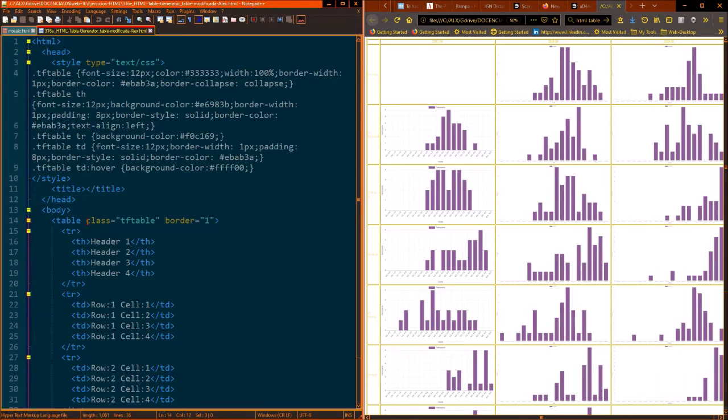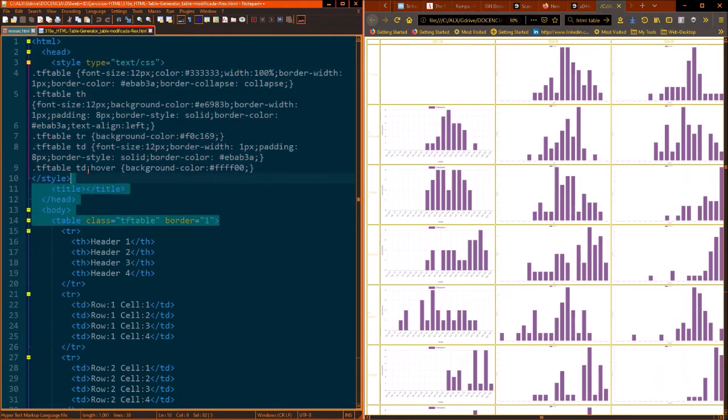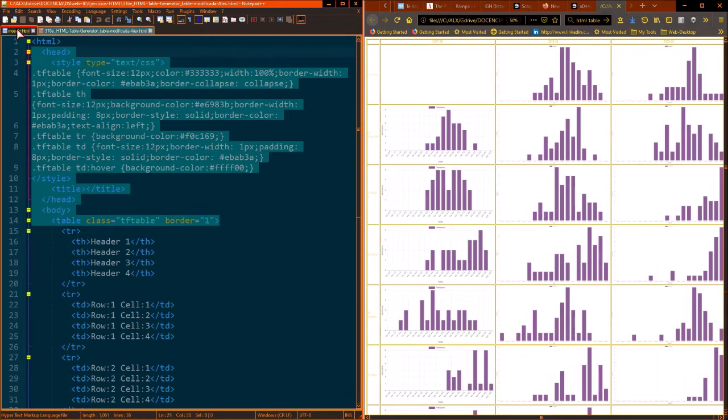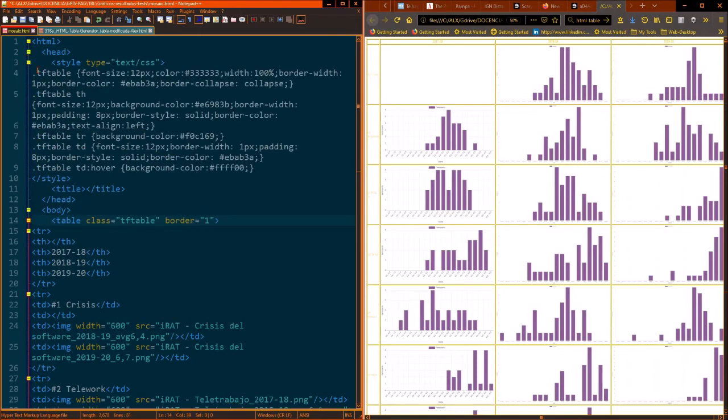And also I have to use the class TF table for the whole set. So I'm going to copy all of this from head to the starting of the table. Well, I will copy the whole thing up to table, and I'm going back to my version of it, and I'm going to paste the thing here.